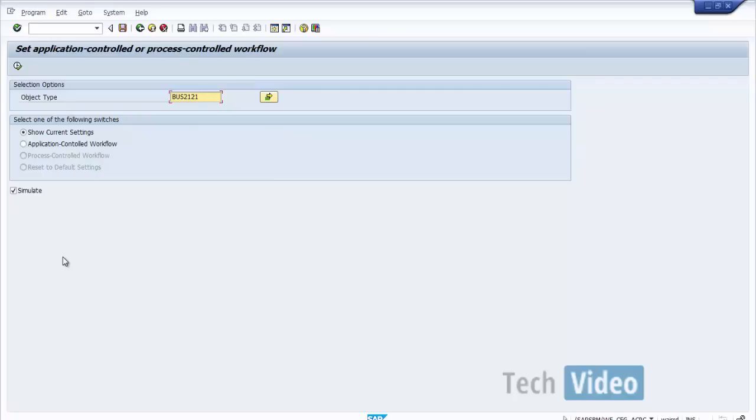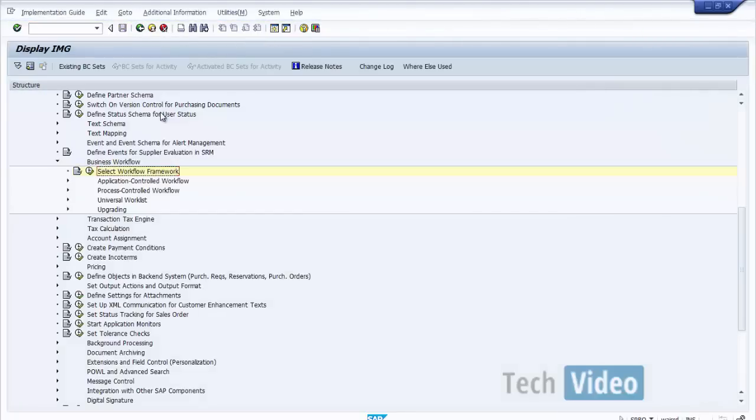However, if you are having an application workflow installed in your system, which you have recently migrated to SRM7, but the workflow migrated from an older version, and you did not choose to change your workflow during the upgradation process, you may choose to do that later on as well. So if you choose to do it later on, then you will have an option to change from an application to a process control workflow in this particular config path. Once you select the same, it will change this workflow configuration from an application to a process control workflow.